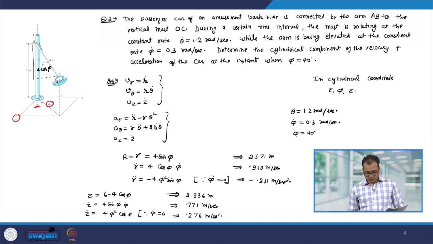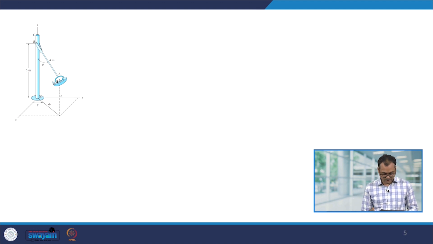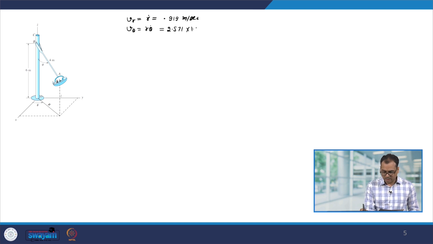So now we have the value of z dot, z double dot, r dot, r double dot, and theta dot, theta double dot. Those values we can put here to find out the velocity and acceleration. So let me first write down Vr. Vr was r dot, it was 0.919 meter per second. V theta was r theta dot, so this was 2.571 into 1.2, so that was 3.085 meter per second. Vz was z dot, this was 0.771 meter per second,